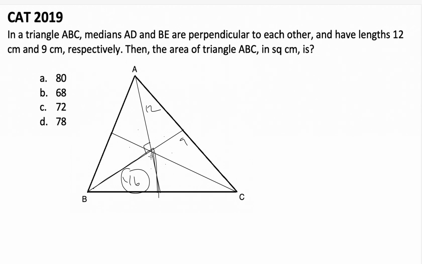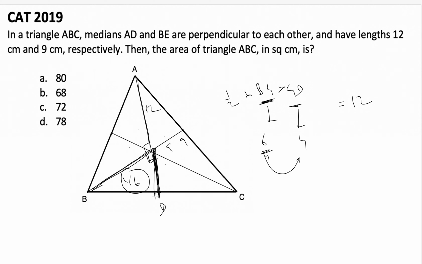This is a right angle triangle. So if this is G, the area of this triangle becomes half into BG into, let's say this is D, GD. What is BG? 2/3 of the median length. This is 6. What is GD? GD is 1/3 of 12. Why? Because this ratio is 2:1. So this is 1/3 of the entire length, this is 2/3 of the entire length. So GD becomes 1/3, which is 4. 6 multiplied by 4, 24, half, you get 12. So this area is 12. What is the area of the entire triangle? 6 times this, 72 again.